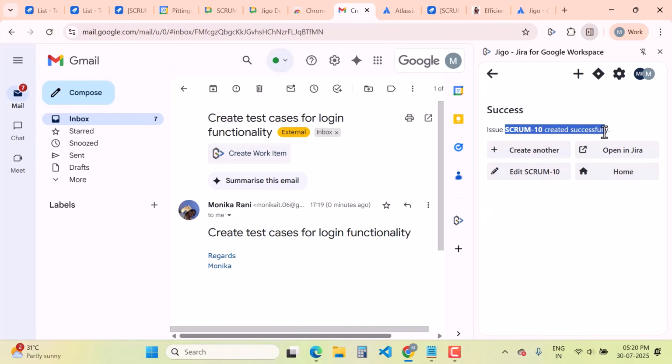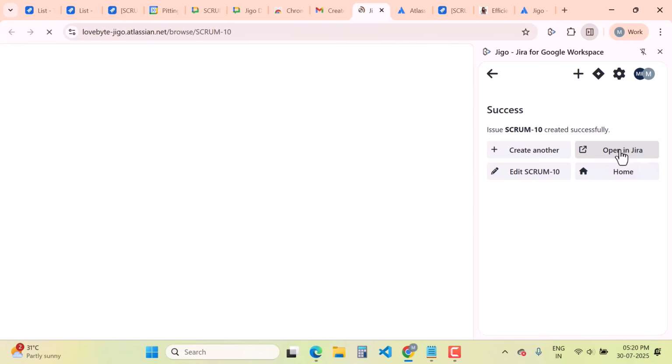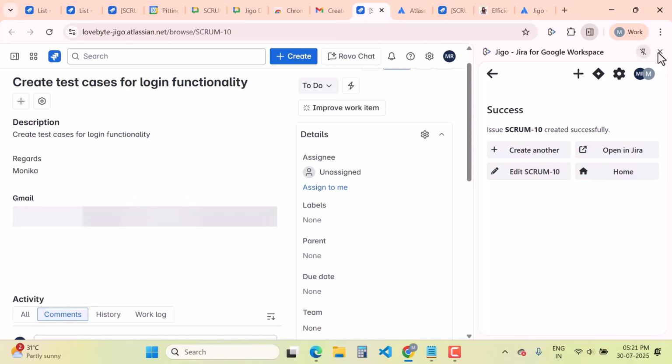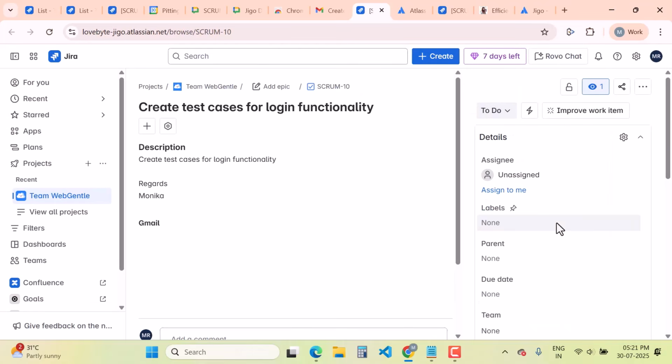If you want to create another one, you can just hit create another and it will open the same screen. And here, if you want to open this in Jira, you can simply click here and it will open this particular work item in Jira. If you want to edit it, you can just click on edit and do that. So here I will close it for now, and this is the create test cases for login functionality work